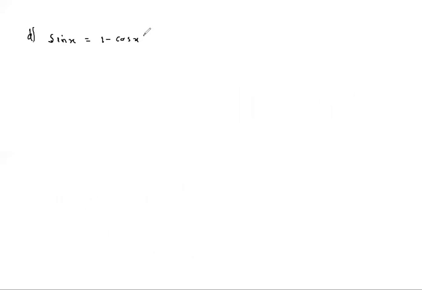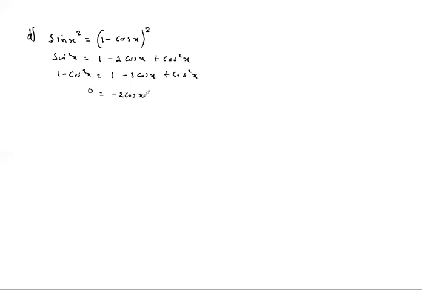For you to have a relationship between these, you square, so that you have sine squared x is equal to 1 minus 2 cos x plus cos squared x. And change the sine squared to cos, and then you have this. So you can take the cos to the other side and the one to the other side, so that you have 0 on the left, and negative 2 cos x plus 2 cos squared x, because the ones will disappear.